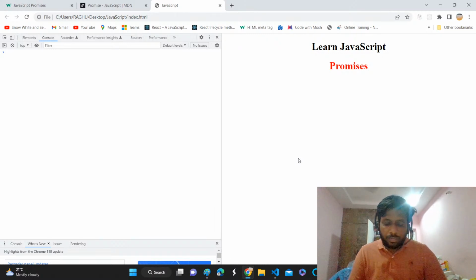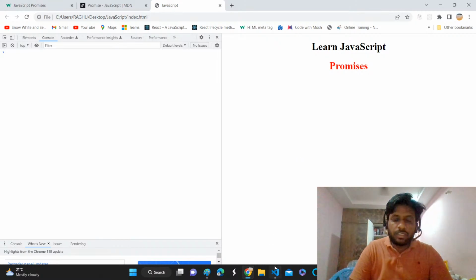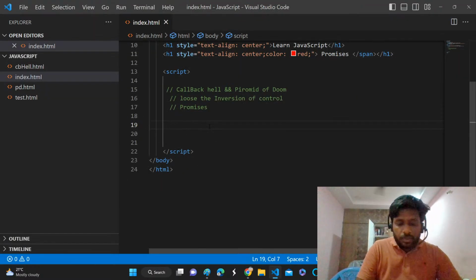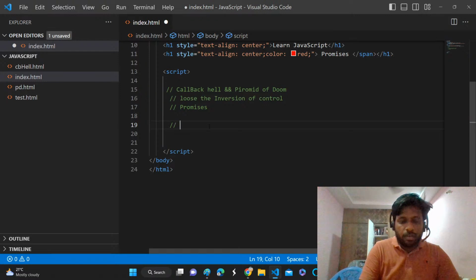In the previous sessions we covered the problems with callbacks if you don't handle them properly. Callbacks are very helpful, even promises also use callback functions. But suppose we have four asynchronous tasks, task one and task two, and these tasks are asynchronous